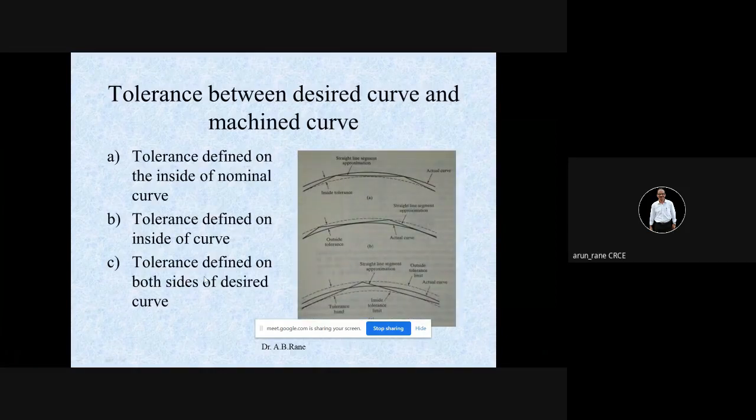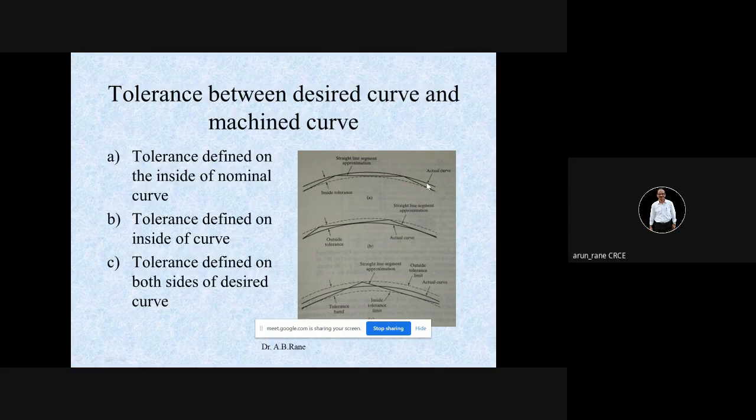These are two terms which you should remember, the inside tolerance and outside tolerance. See now, this is the curve. This is a part of the circle which is to be machined.